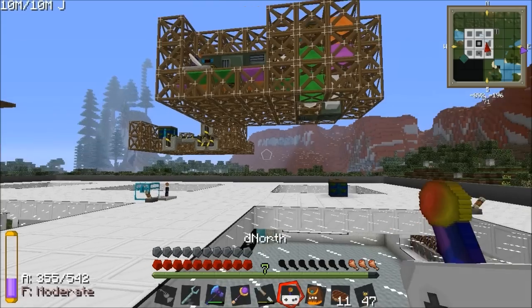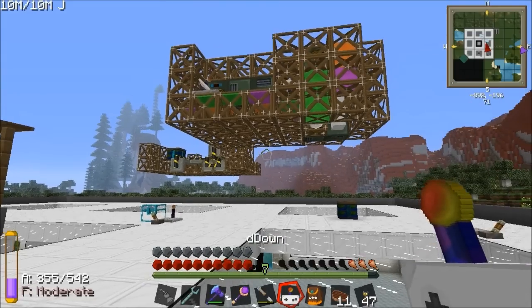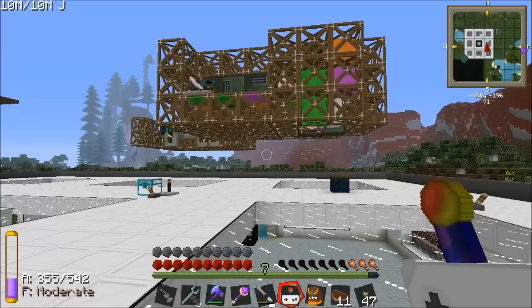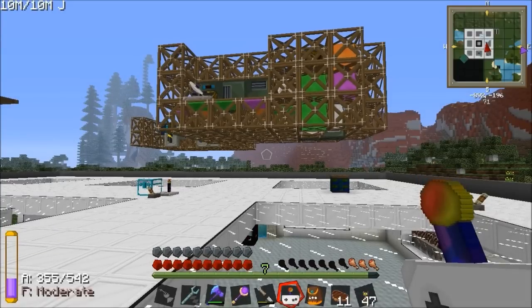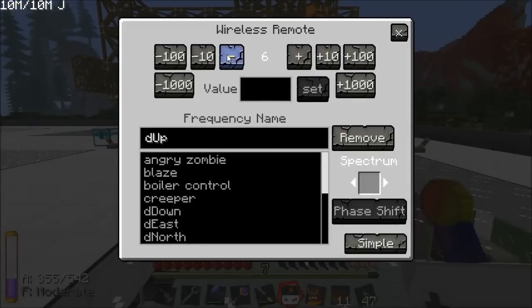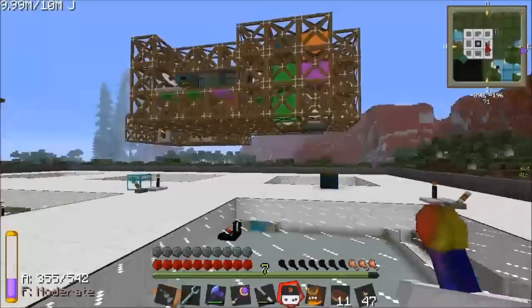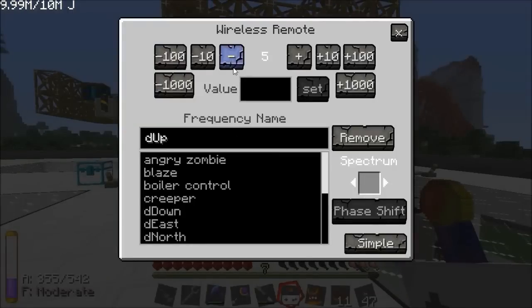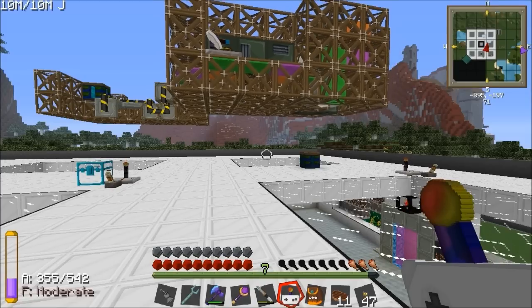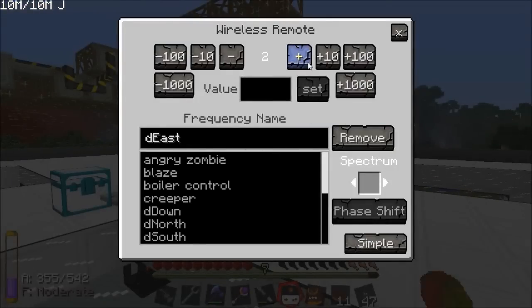Let's change this to down. And then if we hold that, there we go, that brings us down. Excellent. And I'll send that back up one. So it's not ideal using the remote, but you see it all works, and in fact I'll prove that it all works. Let's go through them all. So north, and then east,